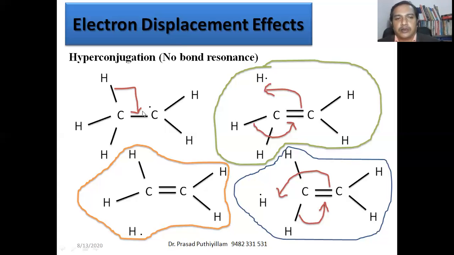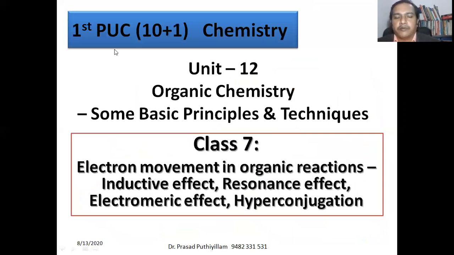If the carbon containing a free radical has a next carbon that is a CH3 group, it will be contributing. If instead of a hydrogen one more CH3 is there, then that free radical molecule will be more stable. If the second hydrogen is also substituted with CH3, so CH3 here and CH3 here, then that molecule will be even more stable. Therefore, the stability of free radicals as well as carbocations with substituted alkyl groups can be explained with hyperconjugation. So this is the class for first PU at present.